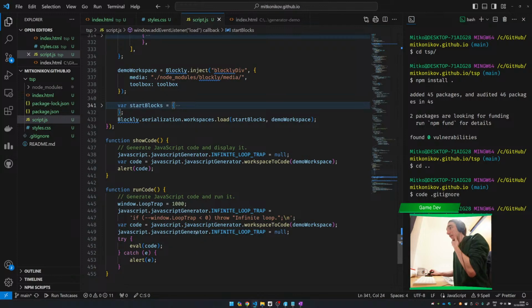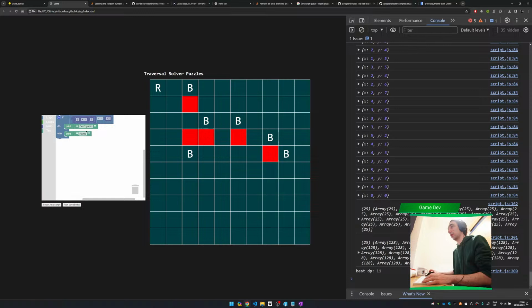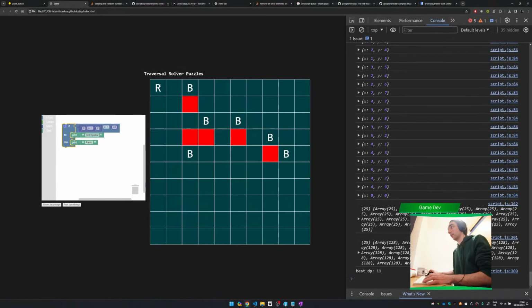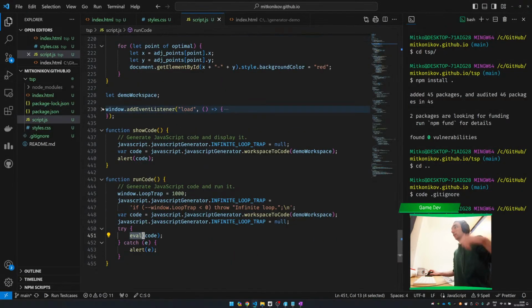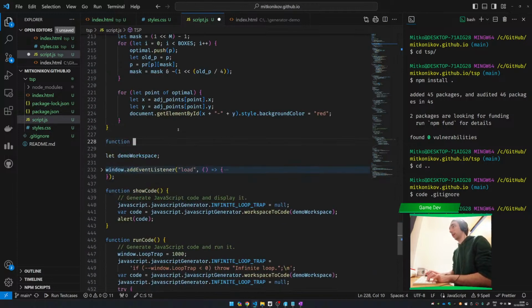Okay, so when we have the code, we have to evaluate it. This thing here gives us some code, and now the code has to be evaluated. To evaluate the code, we have to do some functions first. We have to create a function for everything. So for moving the robot, so